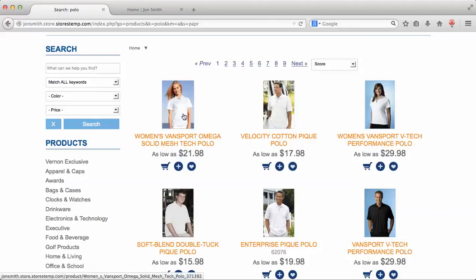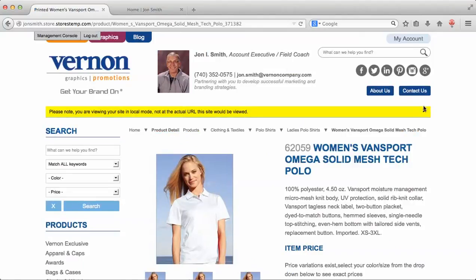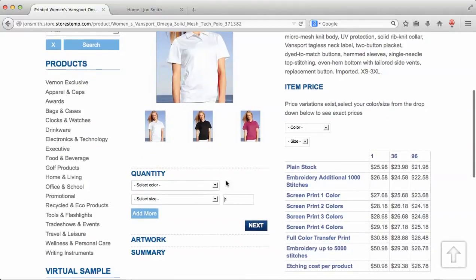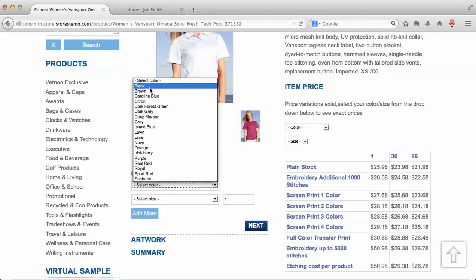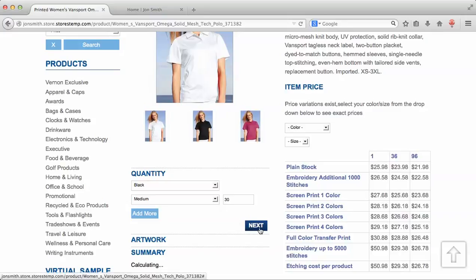So if we click onto this product image here, as I mentioned, we're going to see the information there listed. And you can select the quantity, color, and size. So we'll go ahead and select black, and we'll select a size, medium, and quantity. Once I hit next,